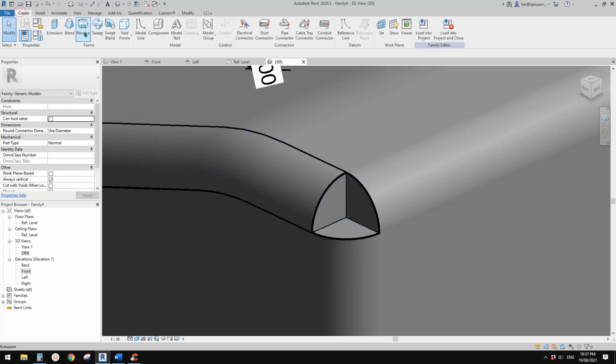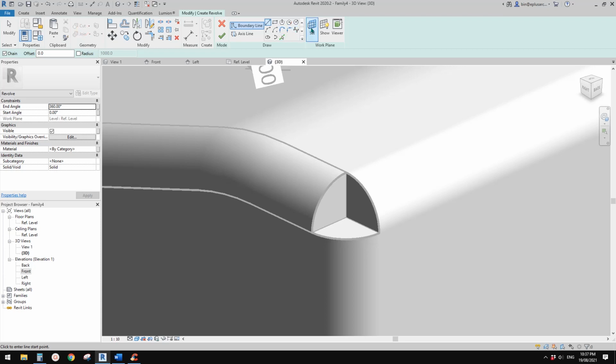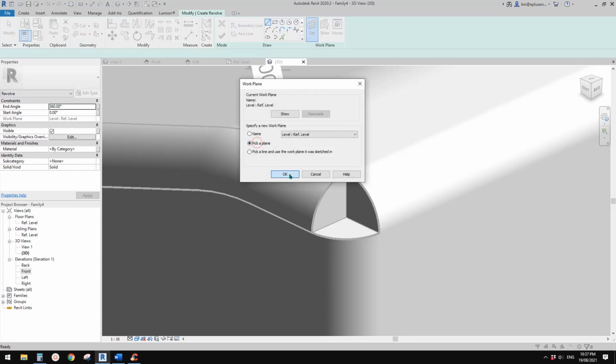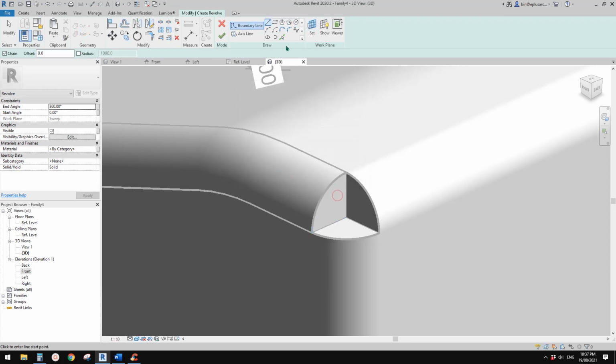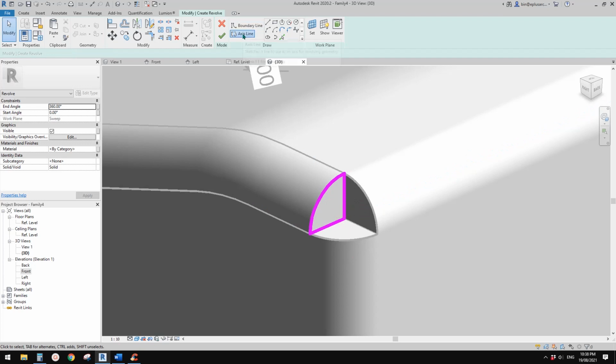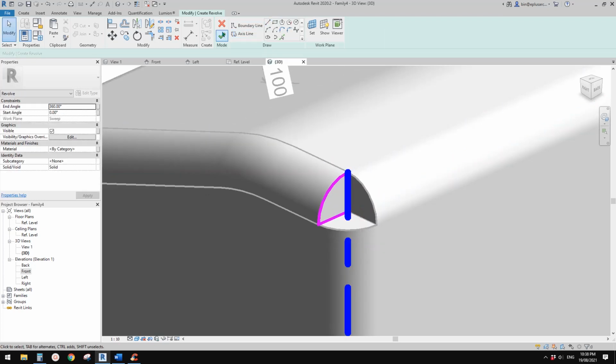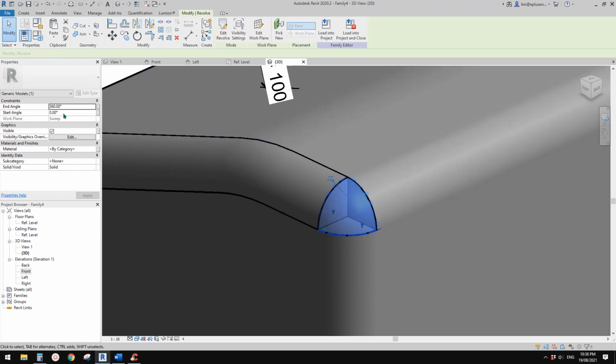So we can just create a revolve, set a plan first. Pick a plan, pick this, and just need to create this shape. And also we need to pick an axis line and then finish it, and we can change the angle from